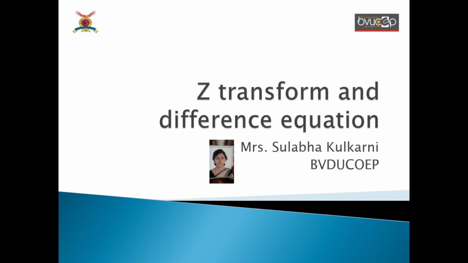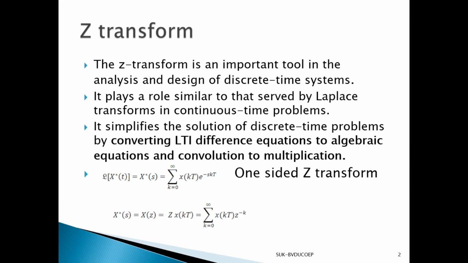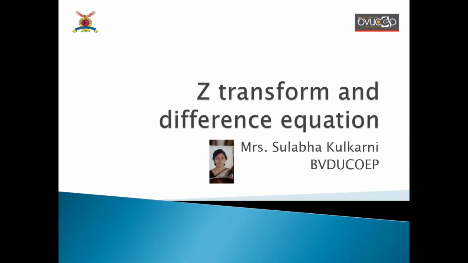Now, what we are doing is when we are converting the analog signal to digital signal, we must be able to process that in a particular manner, and then only we can analyze. So, it is very much necessary how you will process the sampled signal. So, we have studied Z transform is the method used for processing the sampled signal.